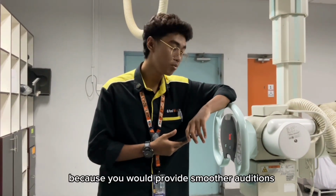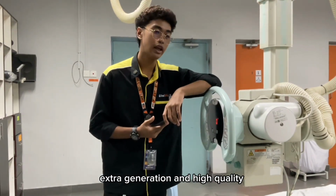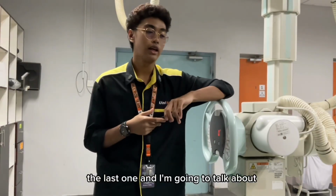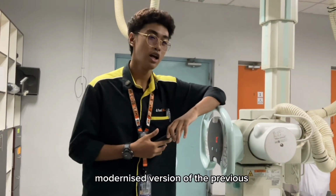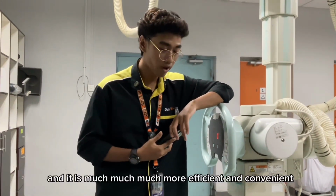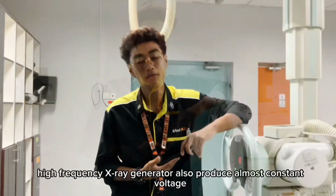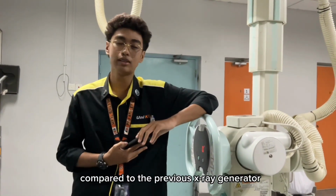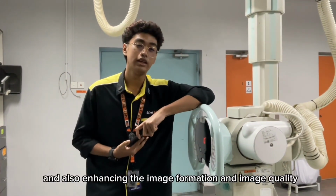because it will provide a smoother voltage compared to the single-phase generator, and also produce more efficient X-ray generation and high quality image, thus enhancing the quality of the image produced. And the last one, I'm going to talk about the high frequency X-ray generator, which is the modernized version of the previous ones, the single phase and the three phase. It is much more efficient and much more convenient to operate. The high frequency X-ray generator also produces almost constant voltage, reducing the ripples compared to single phase and three phase, and at the same time enhancing the image formation and the image quality